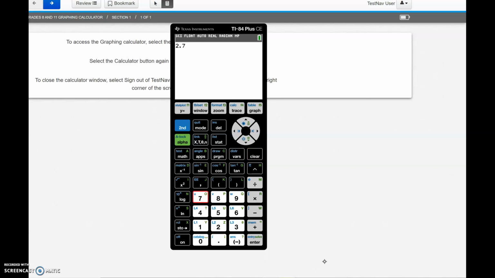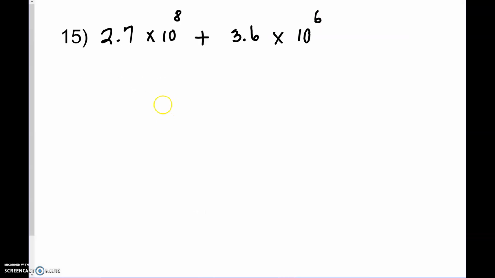2.7. Remember to get that scientific notation in. Those double E's are above the 7. So I hit the blue button and then EE, and that exponent was an 8. And I am adding to it 3.6, second EE, and I need that to the 6th power. And hit enter, and it does that for you. So I have 2.736, and that exponent is an 8. So this answer here is going to be 2.736 times 10 to the